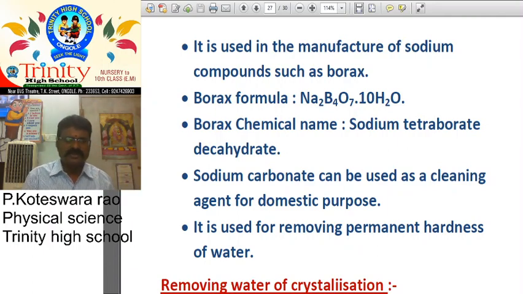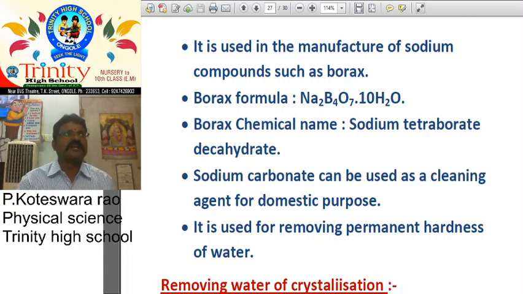But if you observe washing soda in your house, like Tide, Surf Excel, Rin, if you open that, is it a solid state or liquid state? Solid state. It means these water molecules are internally present. They are not observed outside. Inside those salts there are water molecules. Sir, how is it possible to remove that water molecule? It is removed with the help of the next concept, removing water of crystallization.